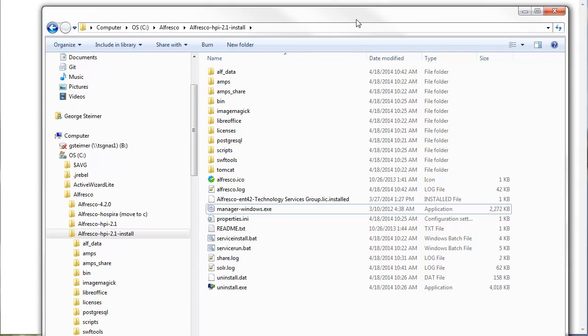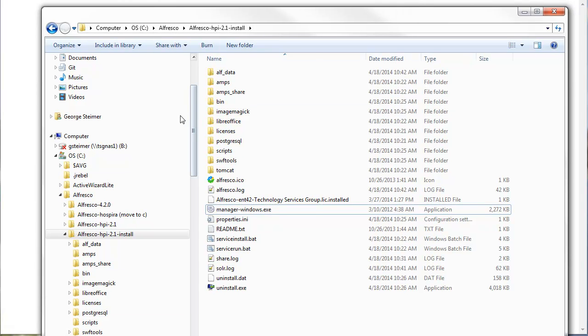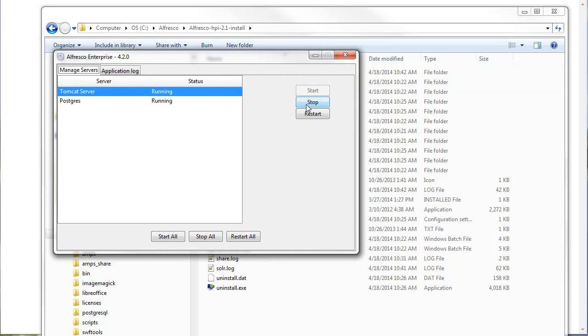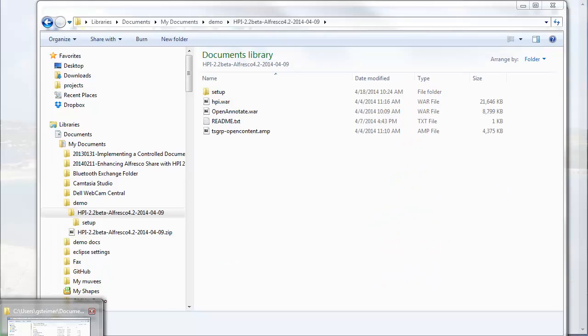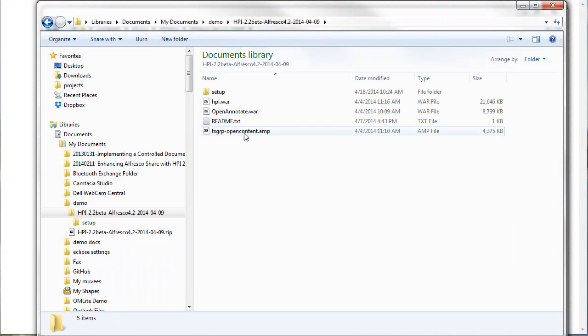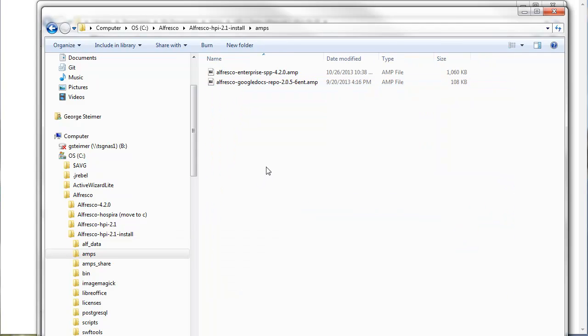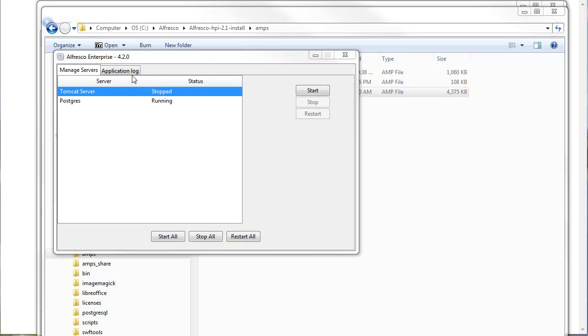My first step is to shut down Alfresco. So I'm going to go ahead and do that and just shut down my Alfresco server. While that is stopping, I am going to go over to here and take this AMP. I'm going to copy it and place it into my AMPs folder. So now Alfresco is stopped, and